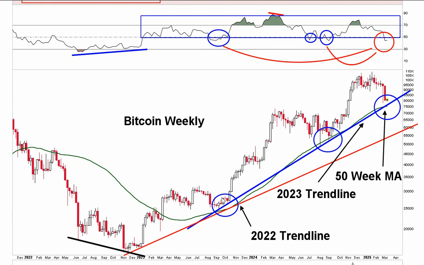You're above the 50-week moving average. You're above 50 on the RSI. That's a bullish 50-50. That's what I call a 50-50 signal. We rose higher. We ended up coming up here and forming a little tiny divergence. Again, the RSI doesn't look at that peak. It doesn't look at the topping tail or bottoming tail. It just looks at the close, the open, the real body of the bar.